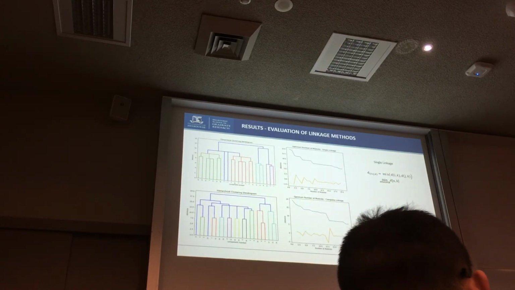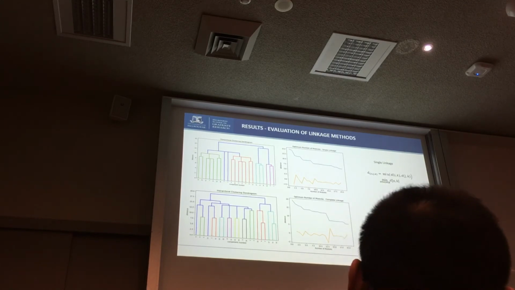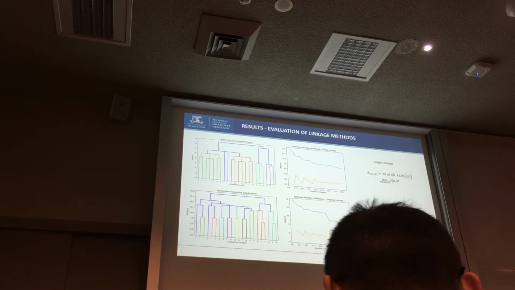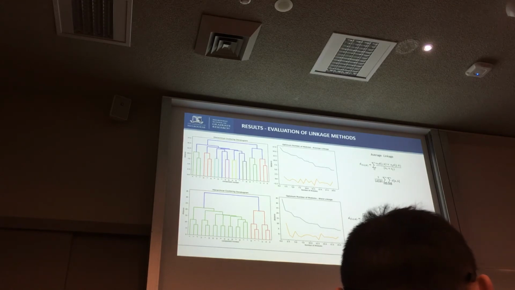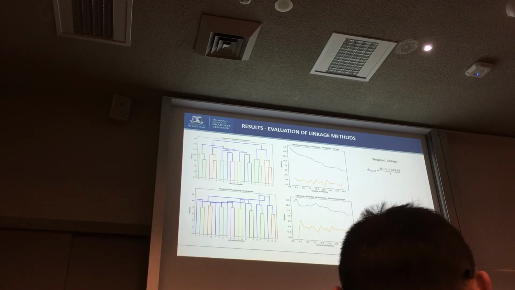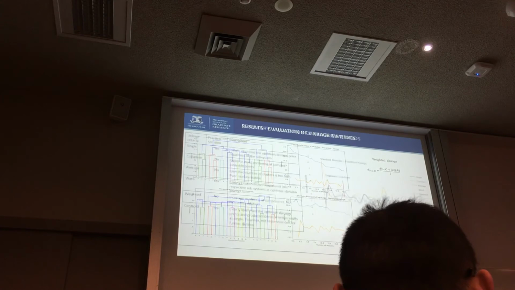So I won't go into details of each linkage method. What you see here is the clustering result and also the partitioning results. A single linkage method, which looks at the minimum distance between different components, was tested, and then a complete linkage method was tested, which looks at the furthest neighbor. The average method looks at the average of the pairwise interaction, and ward, weighted and centroid linkage methods were also tested. I will provide a summary of these in the next slide.